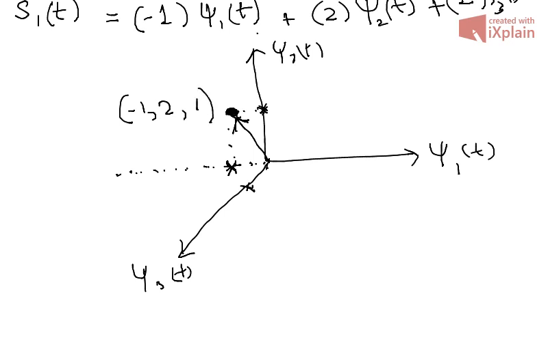So -1 for psi1, which is this point, the image over psi2 is 2, which is this point, and the image over psi3 is again 1, which is this point, right? So it should be drawn somewhere here. Well, in 3D it's quite difficult for me to truly represent it, but I hope it makes